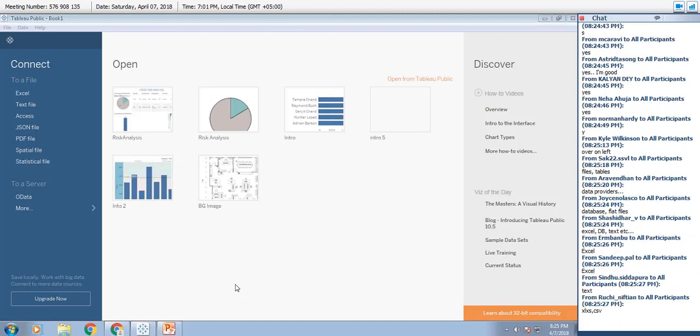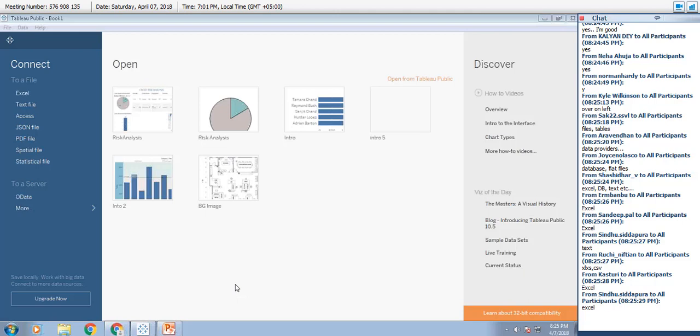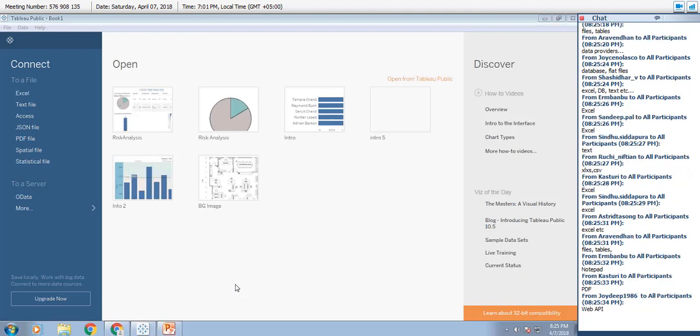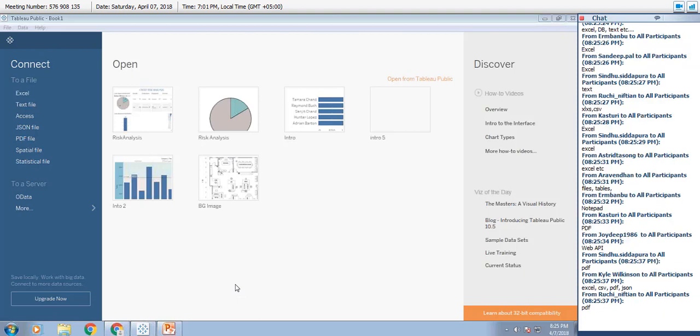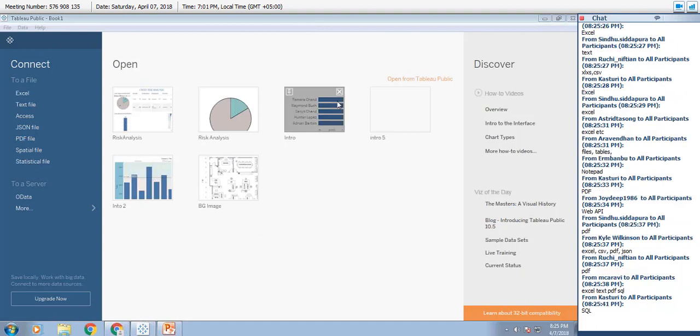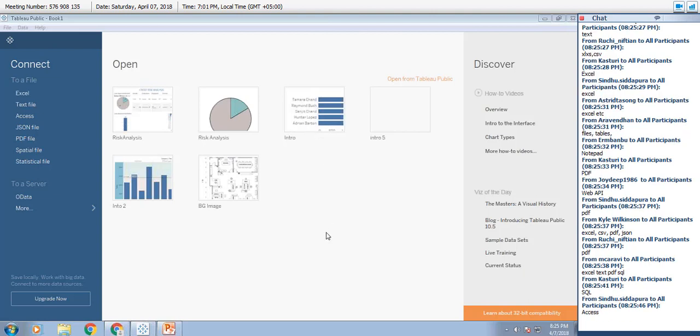You have your Excel files, you have your CSV files, you have data from your TXT, PDFs, web APIs. You have your SQL servers, you have your data from Access, then what else?